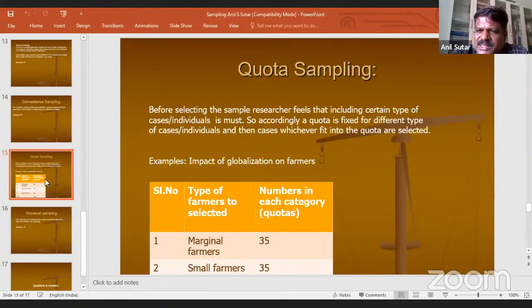You have decided quota. Sometimes you can say that, considering the number of people available, a large number and all, for some segment I will give 150. I can take. People were more forthcoming, because in case of the rich group and all, I come across our students had issues in terms of rapport building.